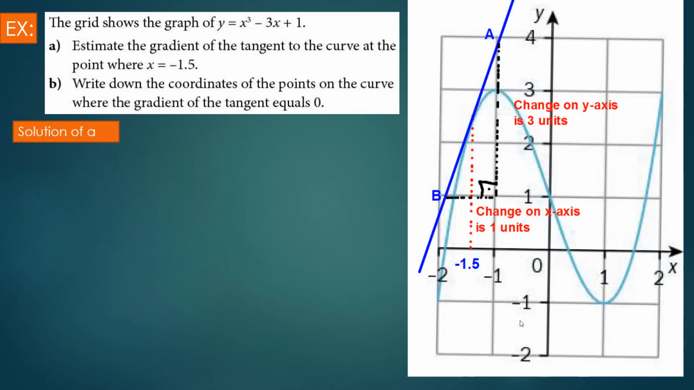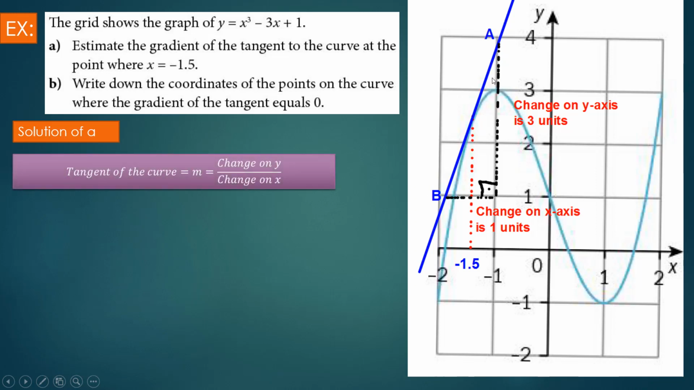As we see here, the grid shows the graph of y is equal to x cubed minus 3x plus 1. This is a cubic equation or cubic function. Then it wants us to estimate the gradient of the tangent to the curve at the point where x is equal to minus 1.5. First step is just find the point minus 1.5 here, which is around here, and I draw the tangent line, and I pick 2 points around the